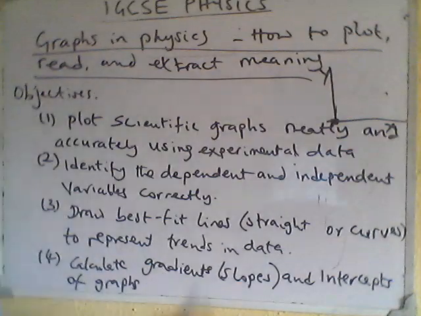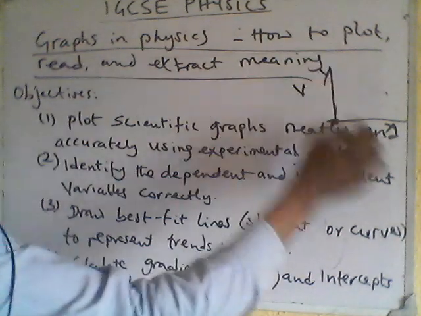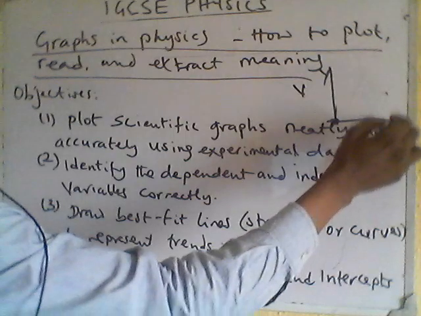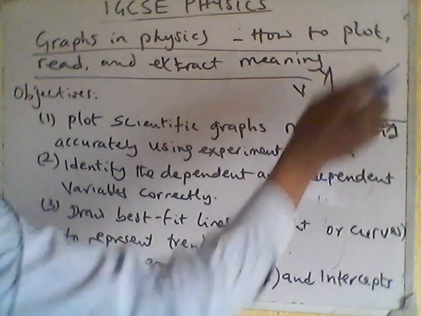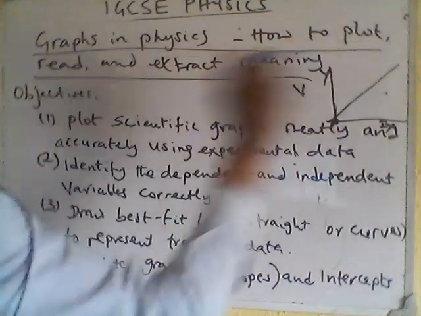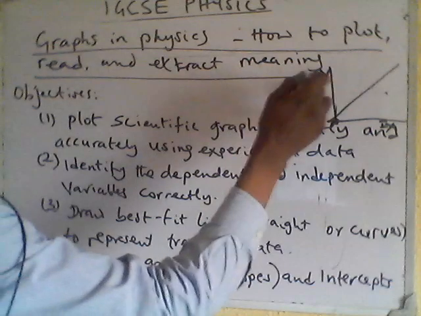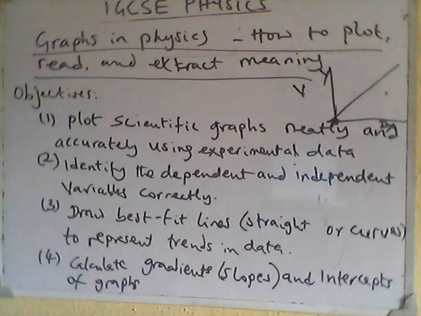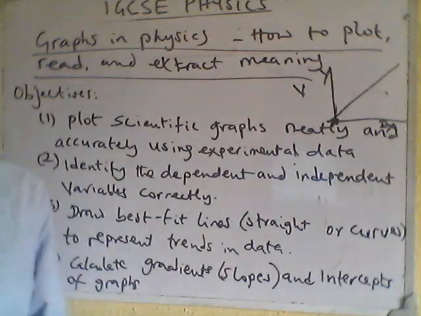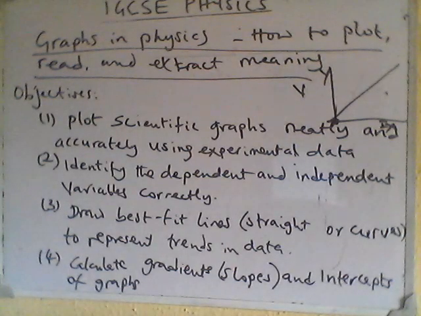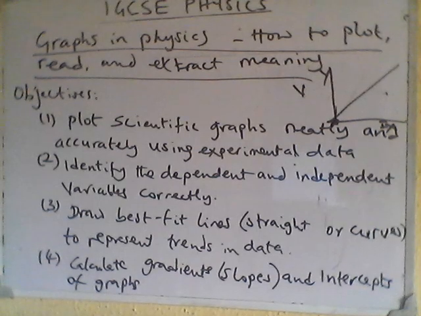So if I were to represent the relationship between voltage and current, where V is on the y-axis and I is on the x-axis, a straight line graph is drawn. This straight line graph represents the relationship between the voltage and the current. It shows one thing, that as the voltage is increasing, the current is also increasing. So this is like a hallmark of a straight line graph.